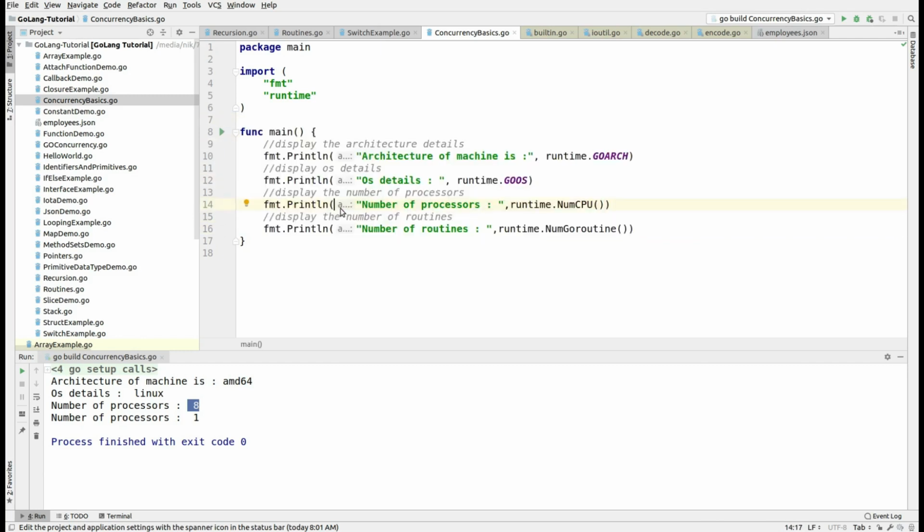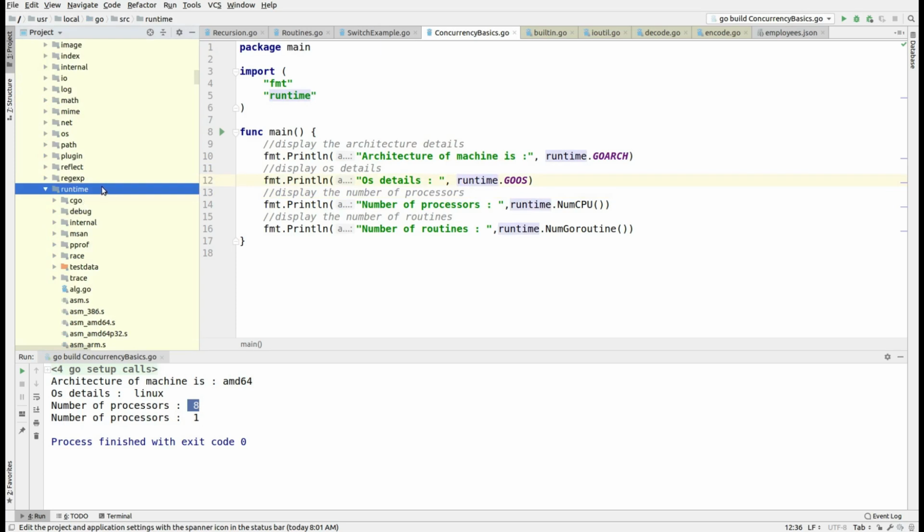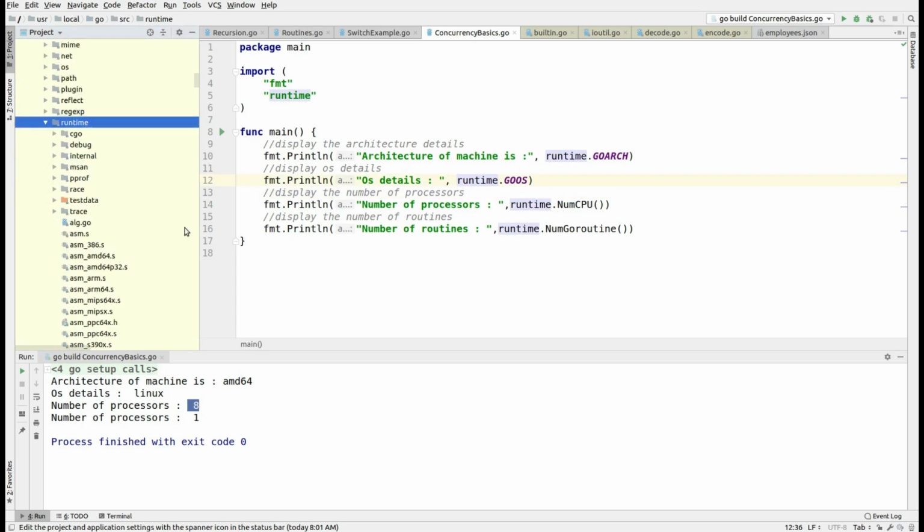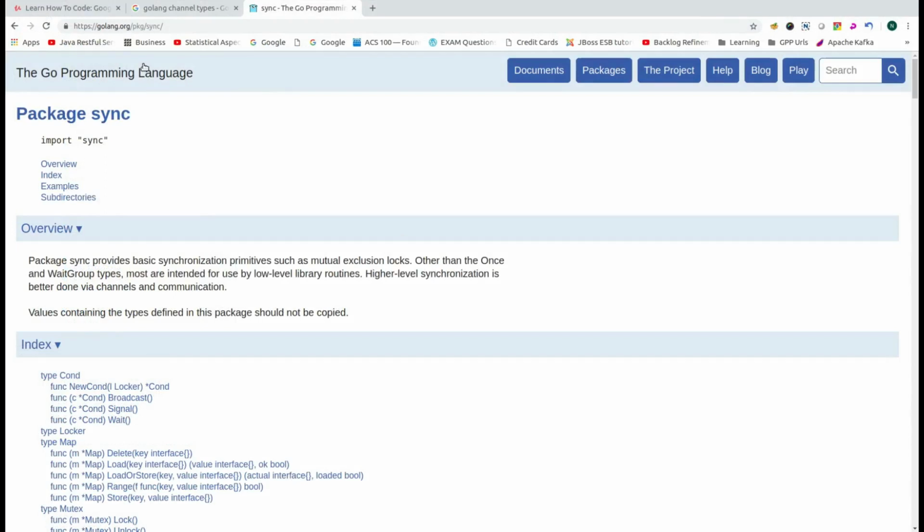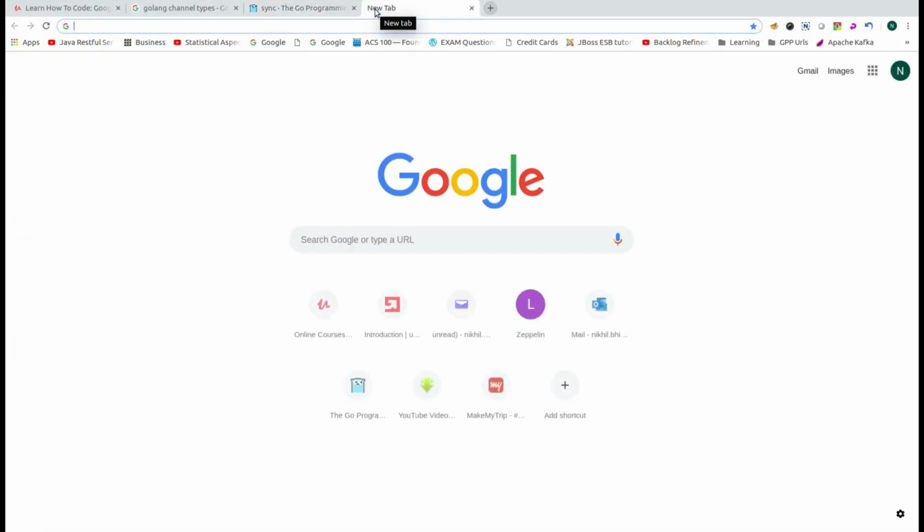Now in the next session I will explain in detail how you can spin off a new task and assign a different thread to it. Let's see how to do so in the next session. In this session we have just seen the difference between concurrency and parallelism, and also how to get the basic details of the architecture or the processors that your machine or your server farm has. And if you go to the runtime package, you will see all of the different APIs. If you are interested, then you can go to the